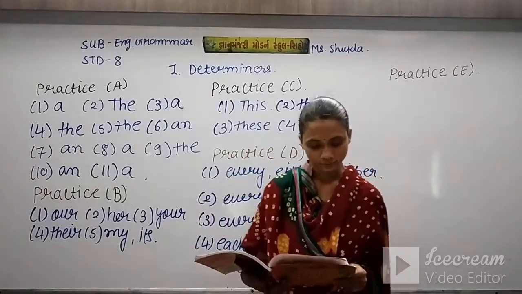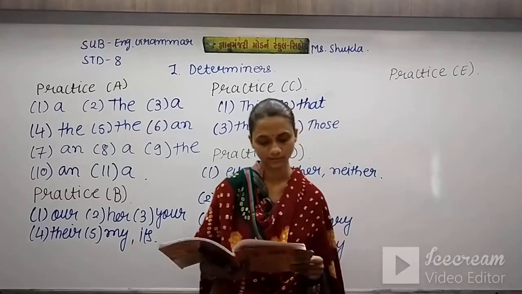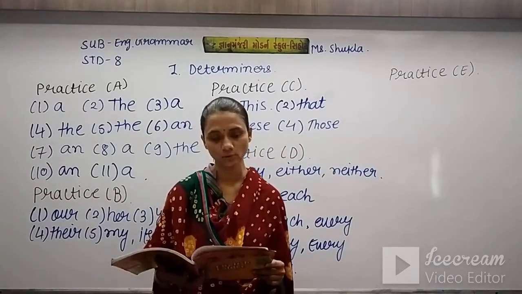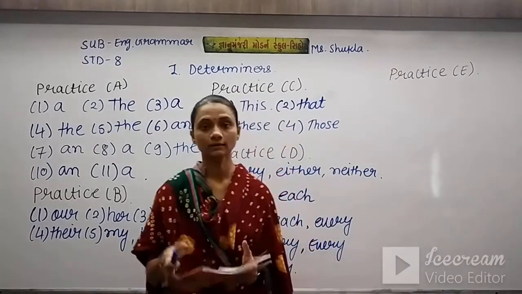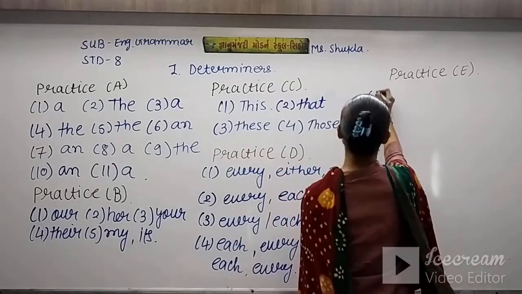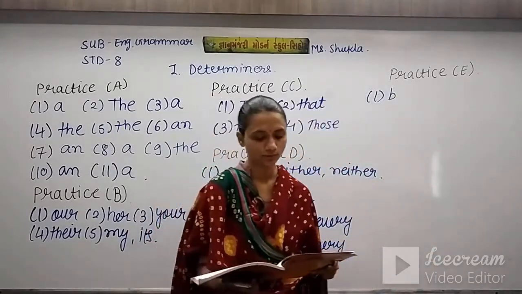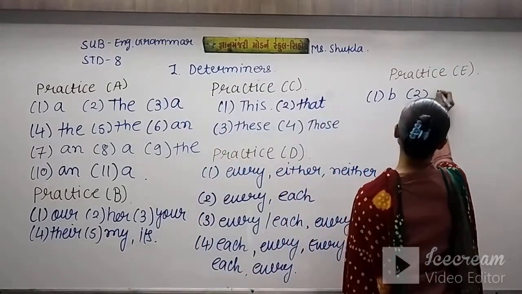Here we have MCQs. Fill in the blanks by choosing the correct option from the one given below. I spent blank last summer trying to fix my dad's old car. So we have both of, the whole of, enough and several. B is the right answer. Number 2. I think there is blank food for all the guests. C is the right answer. Enough.